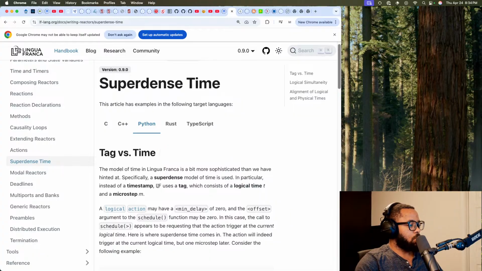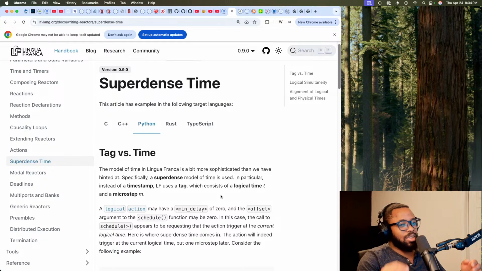I get that there is such a thing as a micro step, and my understanding is that a micro step represents a slice of time, or I guess logical time. I was gonna say a slice of time between two logical times.